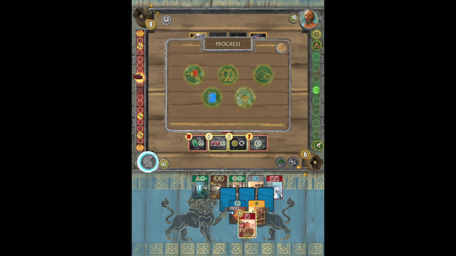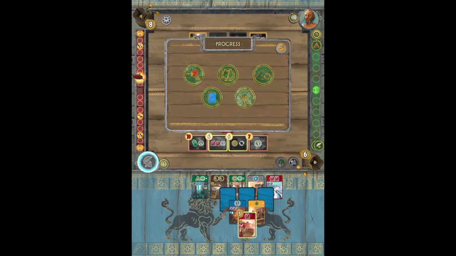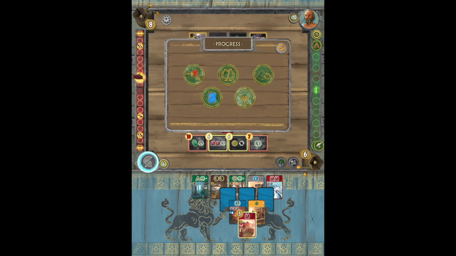But if you get 2 of the same kind, then you actually get to take one of these progress tokens that do different things. Like this one, for example, will allow me to take another turn after I build a wonder. This one allows me to get 3 victory points for each of the progress tokens. So there's a lot of good things that you can do. But I think since I've already kind of gone the military route a little bit, I'm going to take this one right